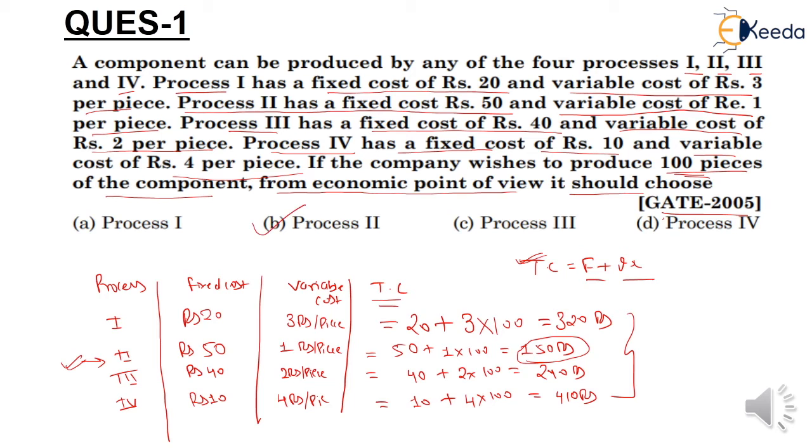Clear to all? Okay students. If the question asks which process is selected from the economic point of view, economic point of view means minimum total cost. First of all, we find the total cost of all four processes and select the minimum total cost, and the process whose total cost is minimum is the best process from the economic point of view. Okay, moving on to the